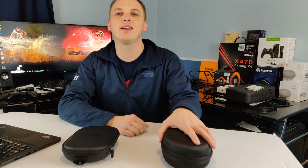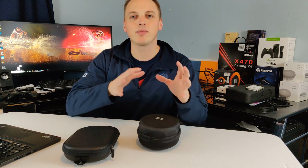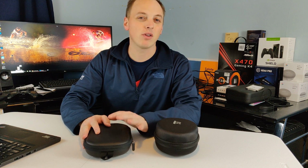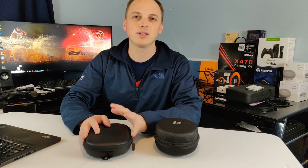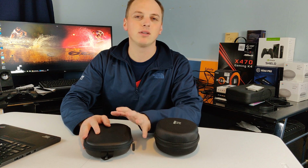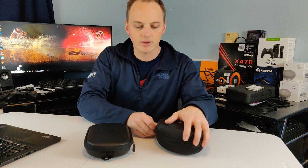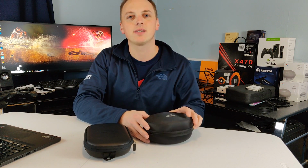Let's go ahead and get started here. I'll go ahead and open them. I'm going to do a side-by-side comparison. I do have the QC25, so they aren't the 35s. They aren't the Bluetooth ones, but they are almost all exactly the same except for the fact that it's not Bluetooth. So we'll just go ahead and open the TaoTronics